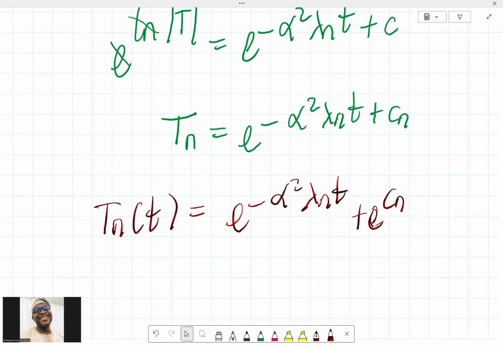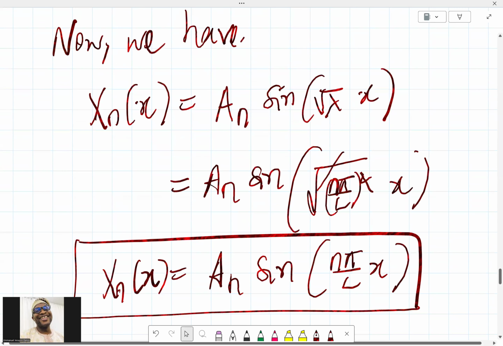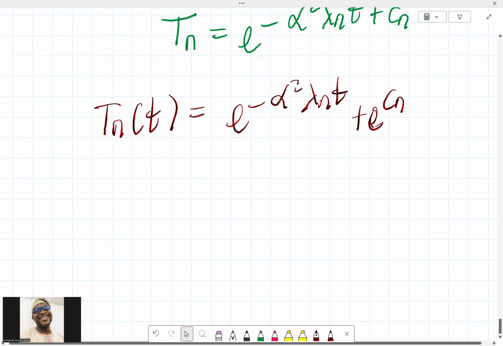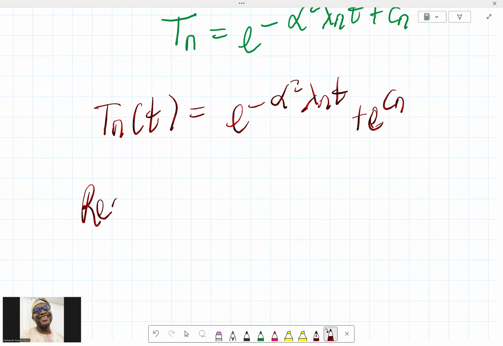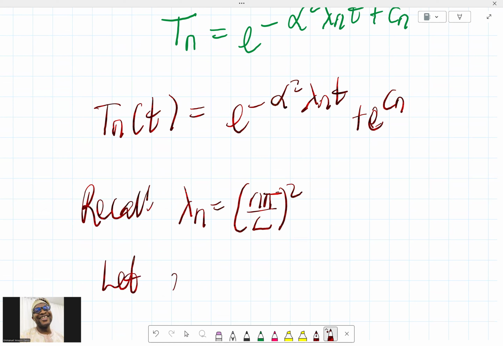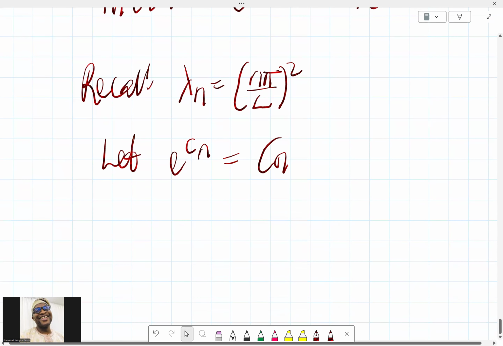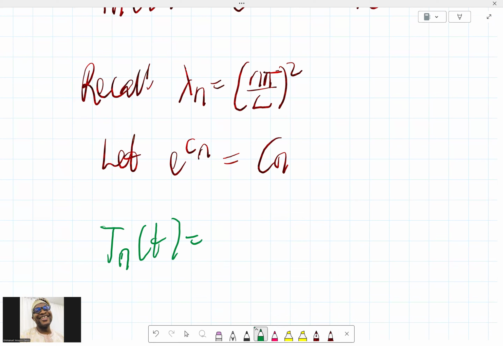But there's something we need to remember. We already got lambda n the other time. You remember the lambda n we got before now. So this we can use. Let, recall that lambda n is equal to n pi all over L squared. Then you can now let e raised to the power cn, you can let e raised to the power c be equal to just big Cn, if you like, so that we can now say that Tn of t is equal to, you know,